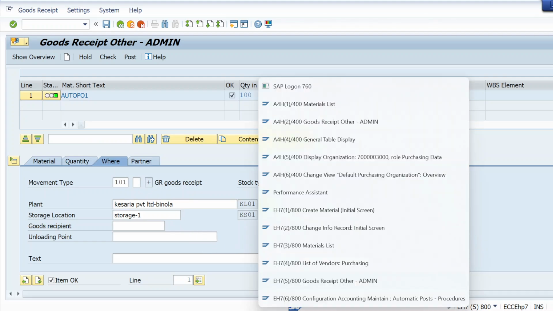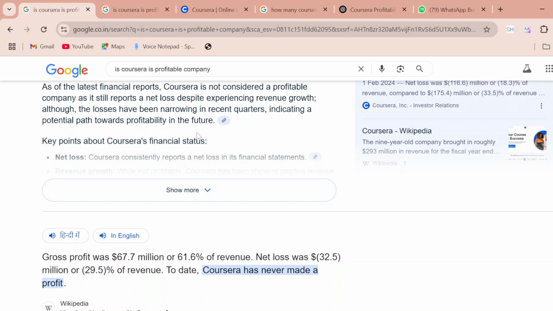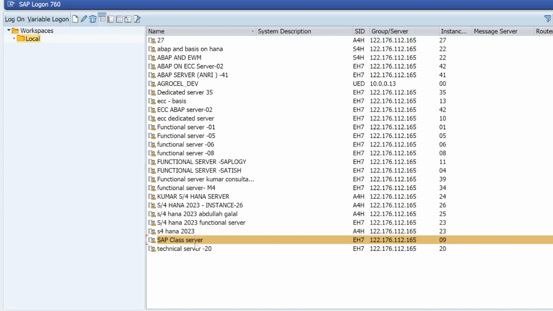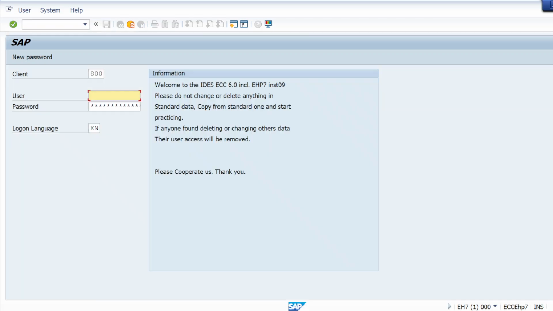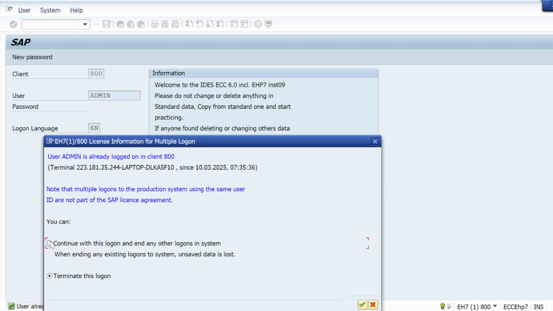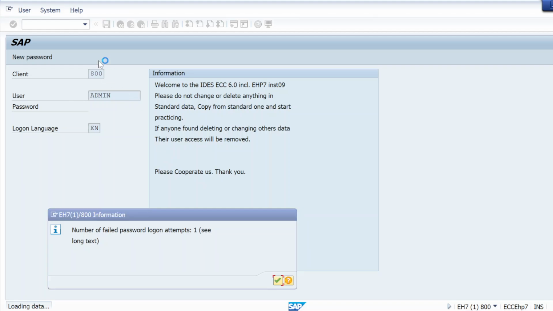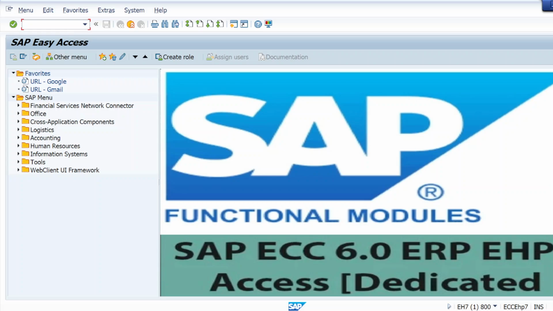I have to log in again. Okay, let me do it first. MM60. Let me try with another material.